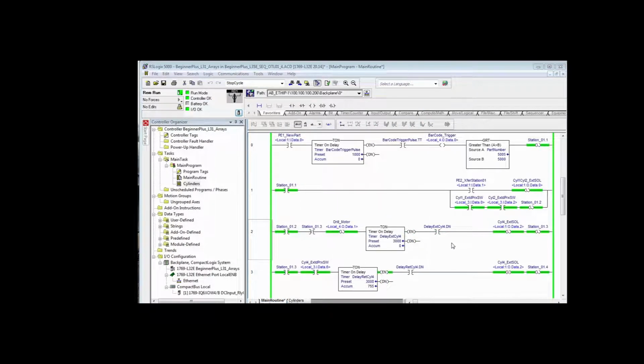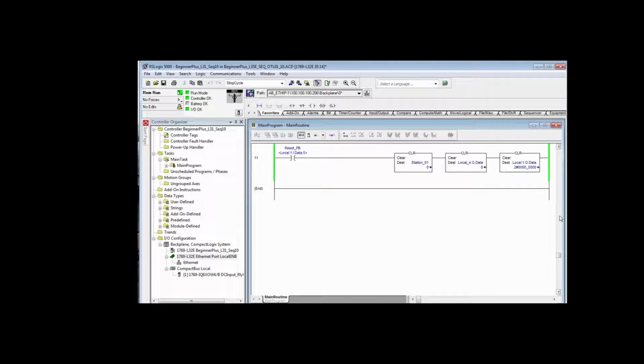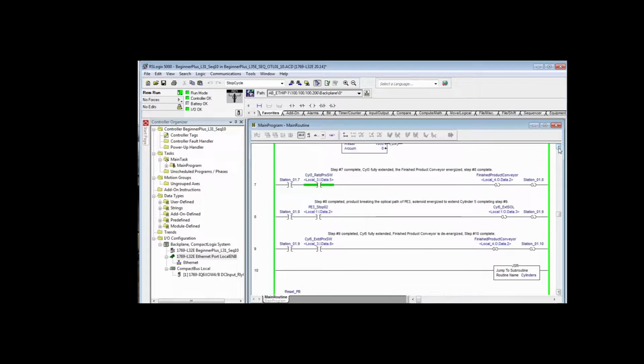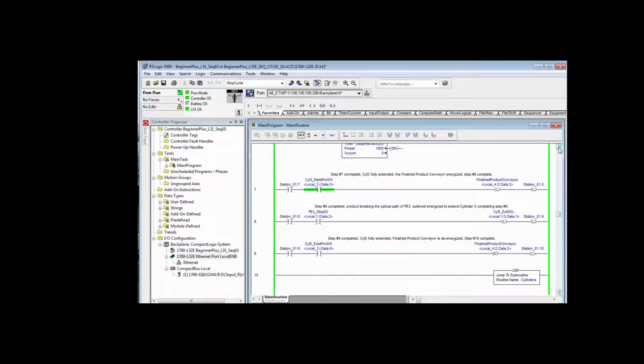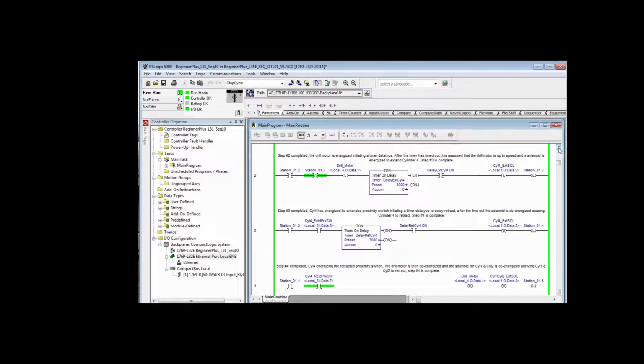So once this logic has been run, it doesn't unlatch these bits, but it can't latch this one back up, which we unlatched here. So now we're moving on ahead. So now we move to the next step. As we keep adding logic, follow the sequence. We've got all the way down to latching station 19. So I'm going to reset everything